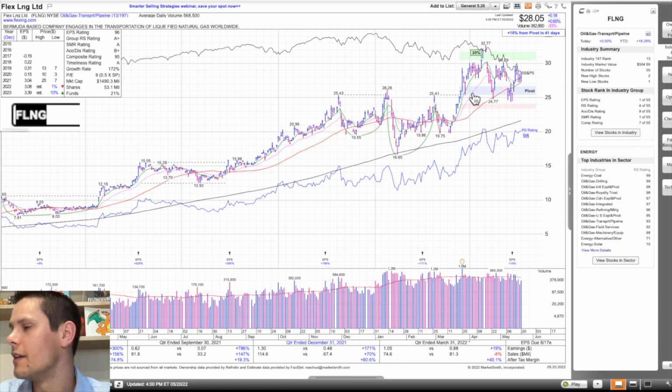This one had a nice move from about $20 to $30, a nice 50% move. Got a little bit extended. We gapped down, flushed to the 50-day moving average, a little bit of market pullback there. Same with the most recent action. This one actually undercut the 50-day moving average. So again, if I'm looking at A+ setups, this is not an A+, but it does give confluence to the